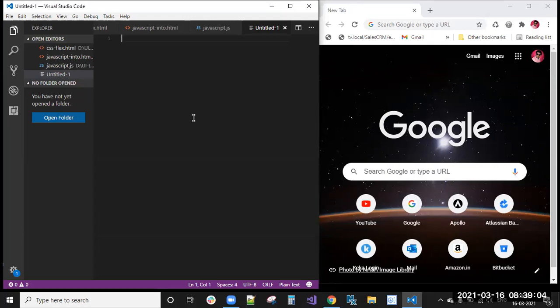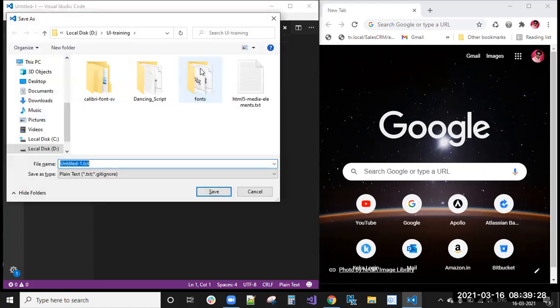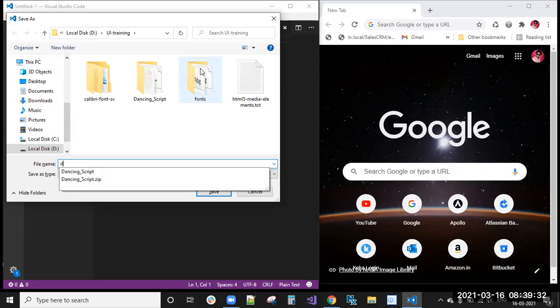So string methods. Today we'll complete string and number data types and what are the methods available in the string and number. After that, tomorrow objects and arrays and functions. These are the one class, one topic we will cover. So today is the number and number methods and string methods. I'm saving these two methods.